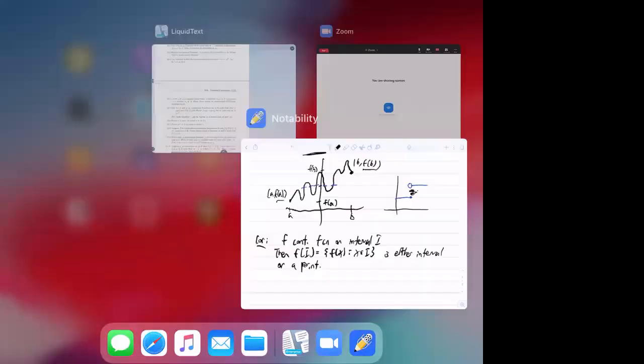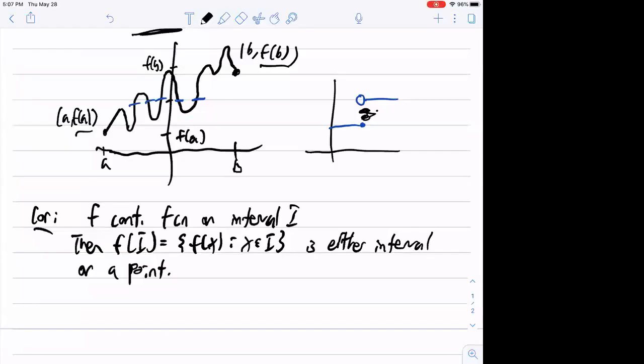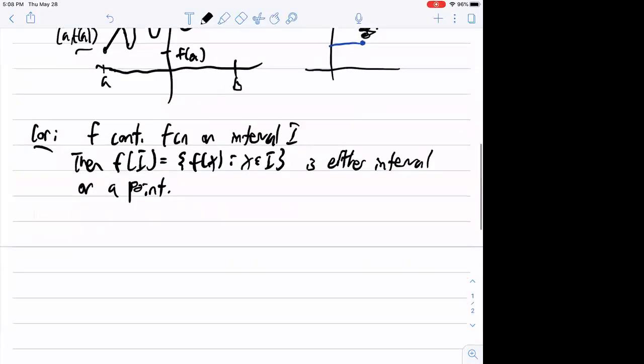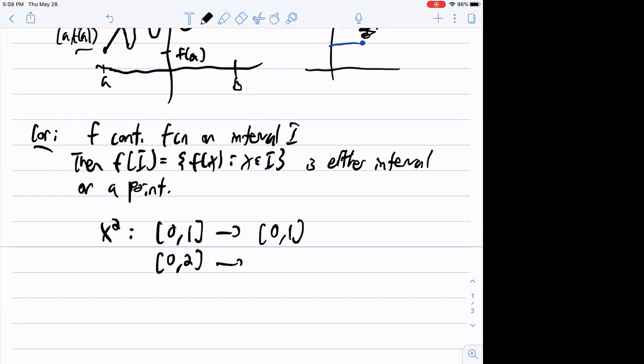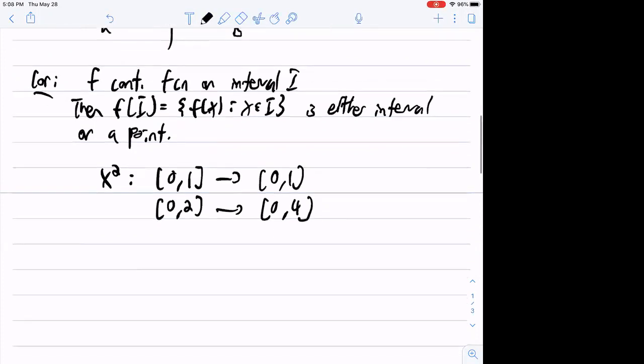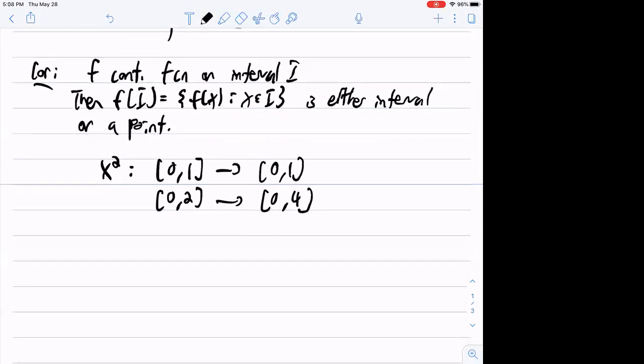So if I map everything to a point, all my values take one value, right? It takes the value at whatever that point is. So it's constant functions, right? So either f is constant or it's some other continuous function in which you map interval to interval, right? Like x squared maps 0, 2 to the interval 0, 4. So it takes intervals to intervals. Okay, so next thing,